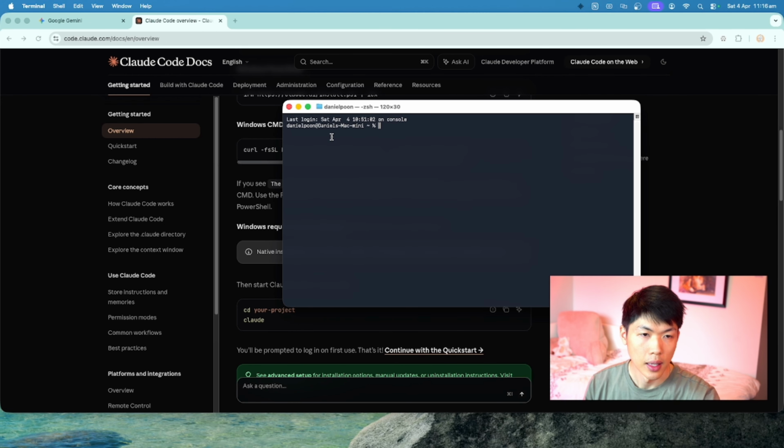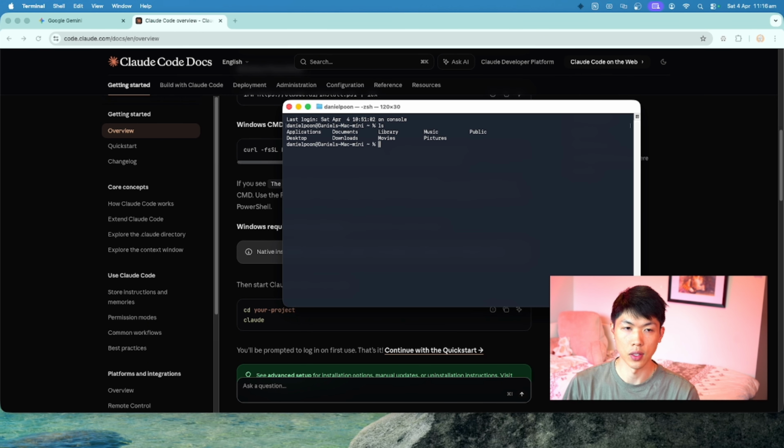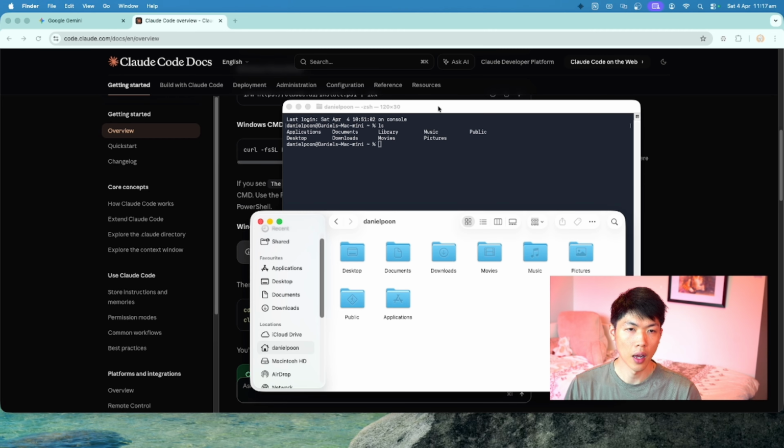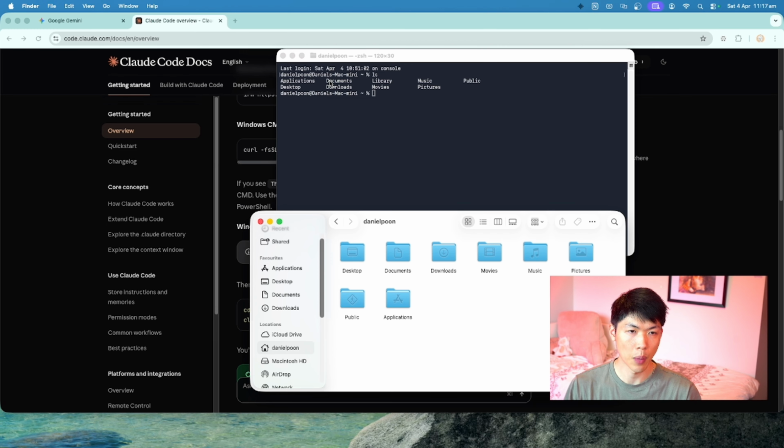So first of all, this basically shows you my name, and this shows what device I'm using, and all you need to know are maybe 2 or 3 things. So first of all, LS. LS shows you where you're at. So I'm basically in the file Daniel's Mac Mini. Right now, I'm in the file where I can see applications, documents, library, music, public, pictures, movies, downloads, desktop. So for example, this is the file I'm in. So this is, I guess, what we call the root file, which is where we start everything off. And you can see here, applications, documents,